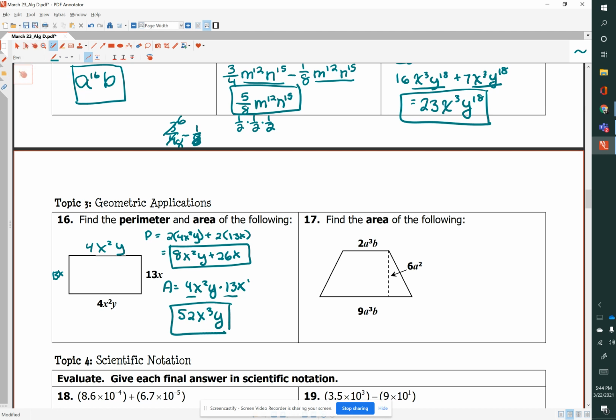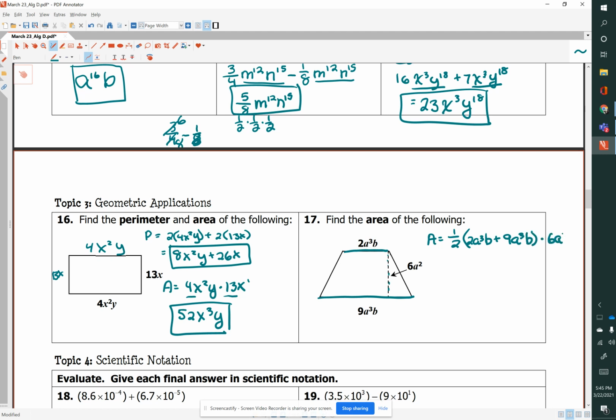Now, for the trapezoid, we're going to do the area first. They just want the area. So the area is going to equal 1/2 of the 2a3b plus the 9a3b, okay, times this 6a. So it's 1/2 of 2a3b plus 9a3b